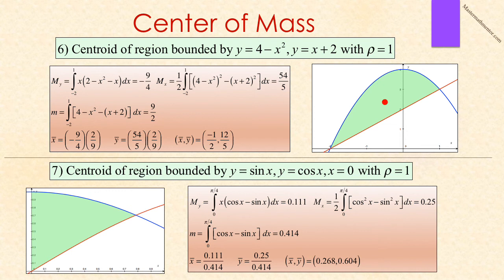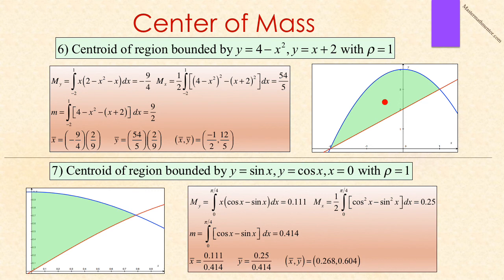So m sub y equals the integral from 0 to pi over 4 of x quantity cosine of x minus sine of x dx, which is 0.111, while m sub x is equal to 1/2 the integral from 0 to pi over 4 of cosine squared of x minus sine squared of x dx, which is equal to 0.25. Small m is equal to the integral from 0 to pi over 4 of cosine of x minus sine of x dx, which is equal to